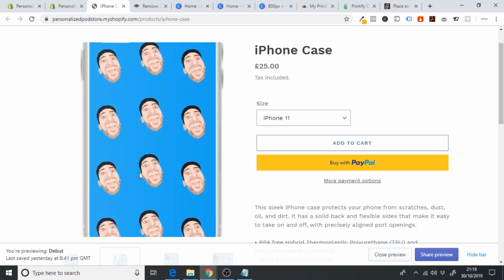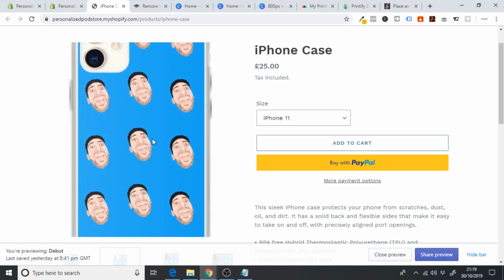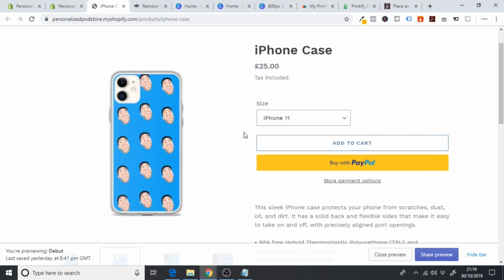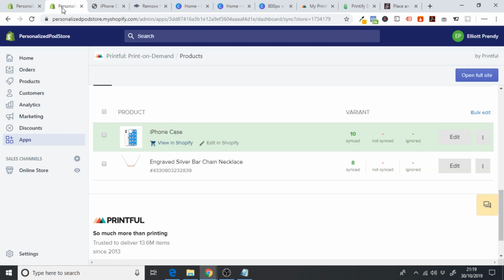And also you can actually go and add extra product personalization things, like for example, this design only comes in blue, but we could go and add some personalization so that the customer can go and pick their background color as well. So let's go back to the back end, so the Shopify dashboard, and we will go to apps